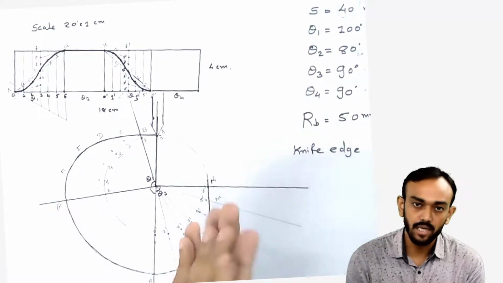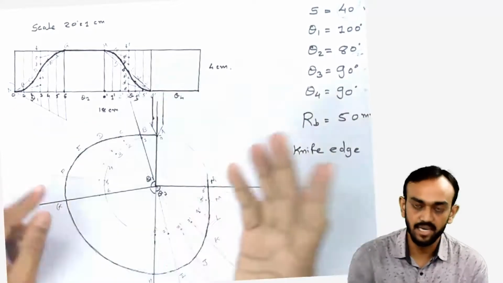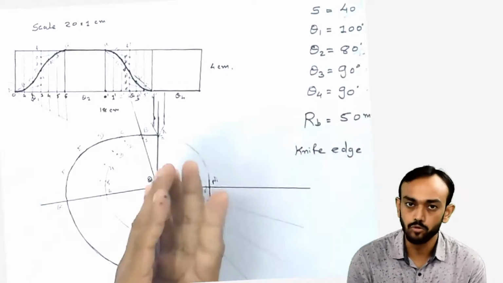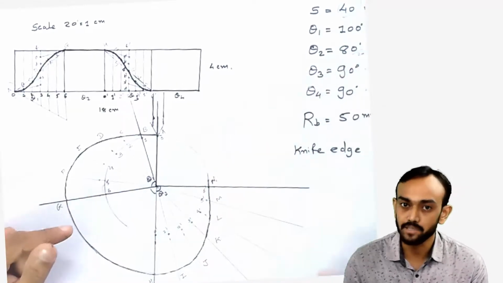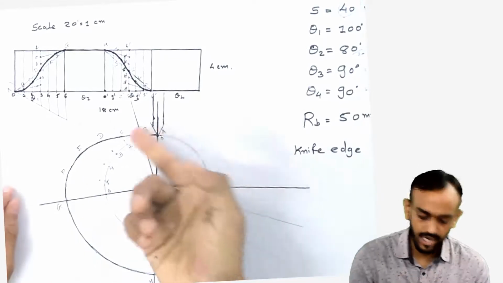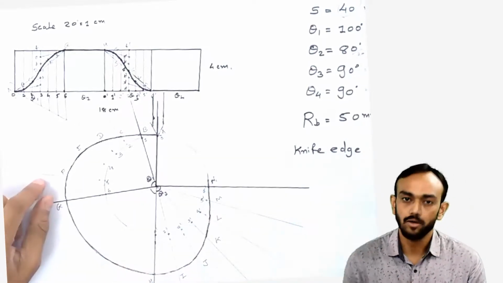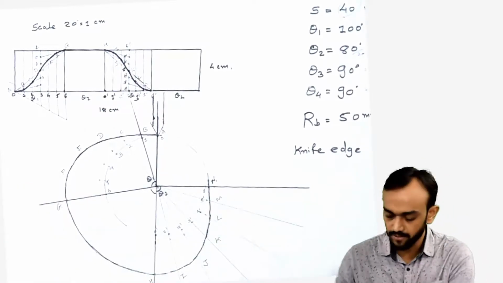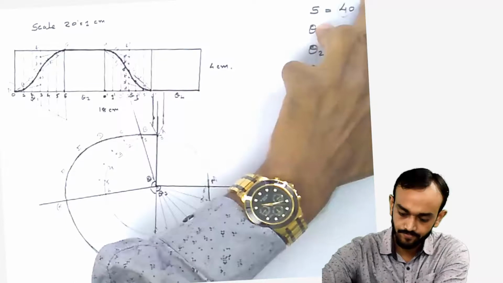And if you divide this rise and return into fewer than 6 parts, in a 4 or 3 partition, you can't get the curve smooth. So 6 is a very optimum value, and you can get a very smooth curve here. Okay, so how will this cam profile work? Let's check this.